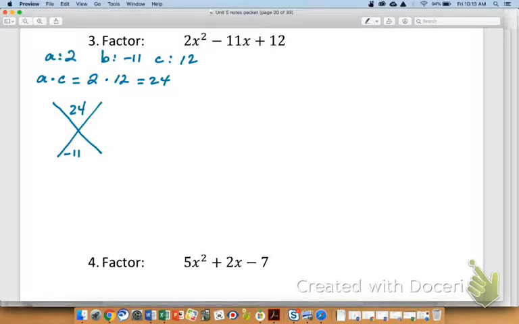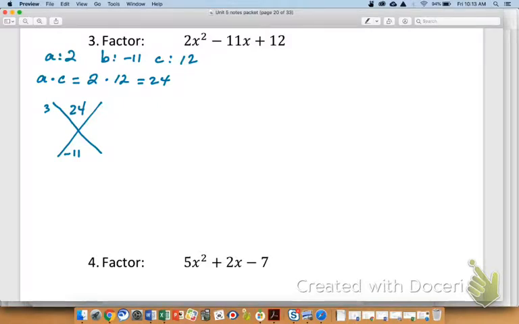So you might have started off with 4 times 6. And that would make a lot of sense because 4 times 6 is 24. However, 4 times 6 does not add up to be negative 11. So we would say it's not those two. Maybe next you try 3 times 8. Well, 3 times 8 is 24. 3 plus 8 is positive 11. It's supposed to be negative 11, though, so 3 and 8 won't work, but maybe